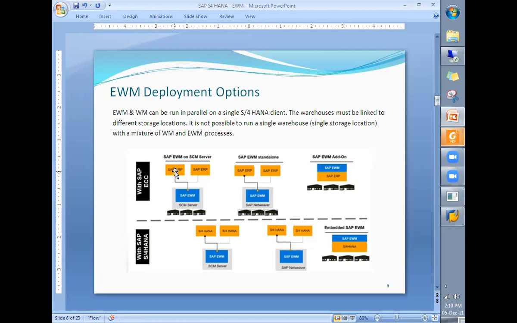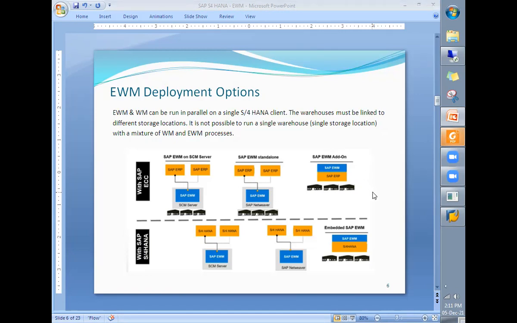In the ERP system, in this case I'm showing an ECC example, all other logistics modules like MM, SD, and even the accounts module are there. Again, it depends on the industry. For example, companies whose warehouse operation is 24/7 go with decentralized EWM. And companies which don't have 24/7 operations normally go with embedded EWM. That we will be discussing.